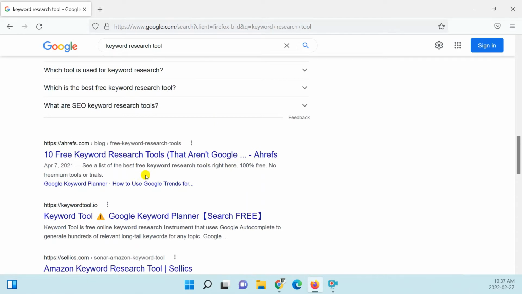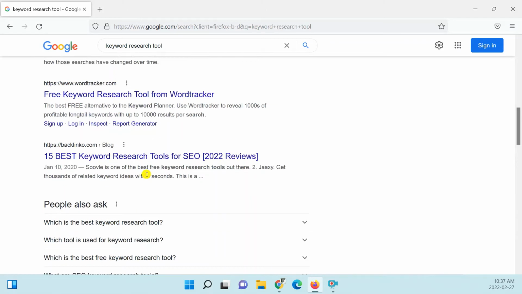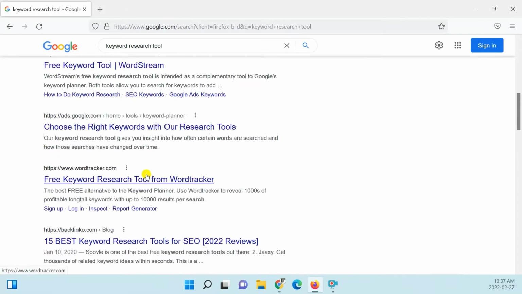If you targeted "keyword research tool" and you wanted to rank an informational blog post with information about keyword research tools and what they're used for and what they do and some history behind them, that's probably not going to rank highly in Google because that's not what this SERP is showing, which is the search intent